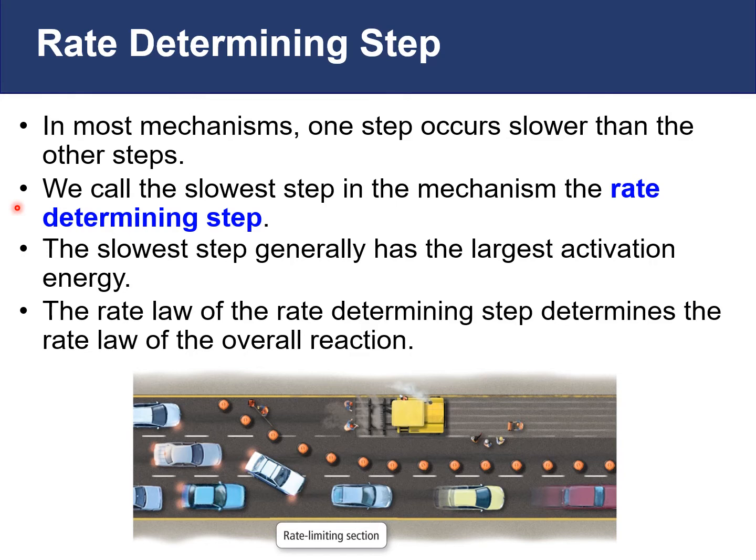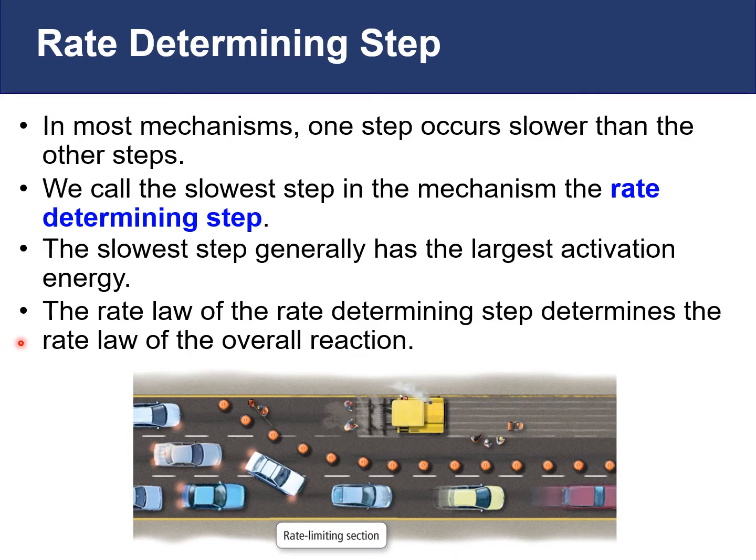That slowest step is going to typically have the highest activation energy. Because of the height of that barrier, it causes that particular step or elementary reaction to be slower than the others. And because it is the slowest step or the slowest process in the overall mechanism, it really regulates how fast the entire mechanism can occur. So the rate law of the rate determining step is the key component in determining the rate law for the